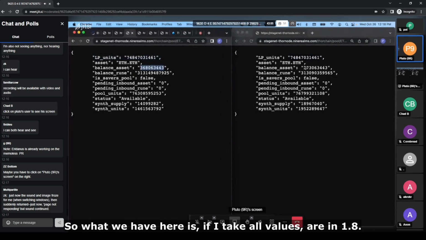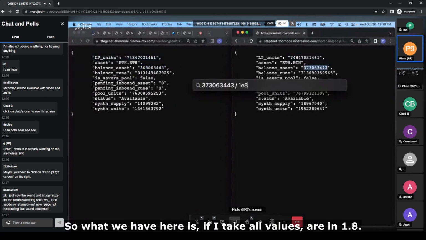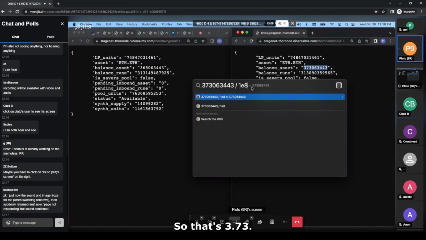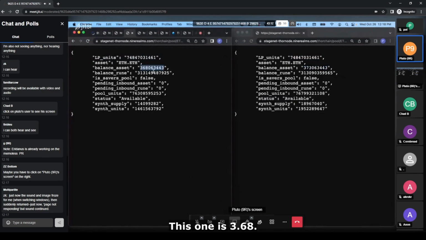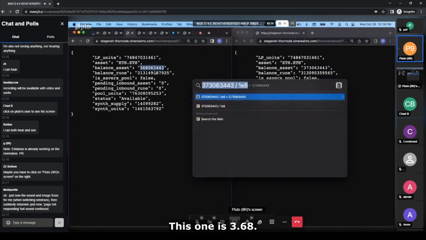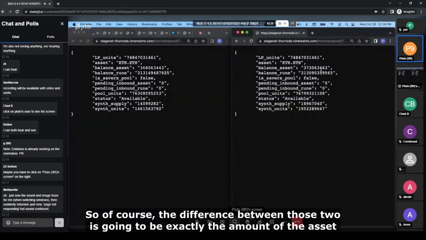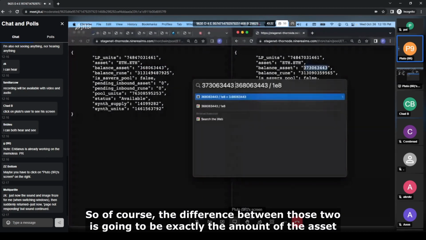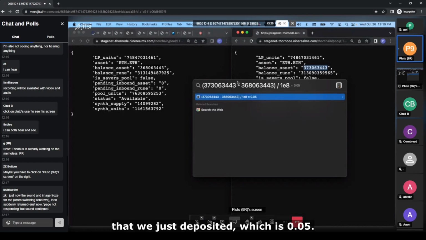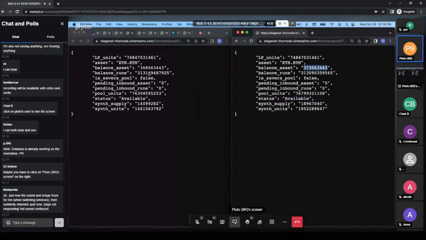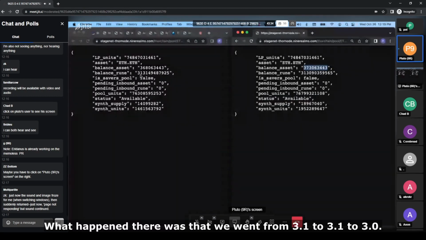So what we have here is, if I take, all values are in 1E8, so that's 3.73. This one is 3.68. So, of course, the difference between those two is going to be exactly the amount of the asset that we just deposited, which is 0.05. So that's expected. What happened there was that we went from